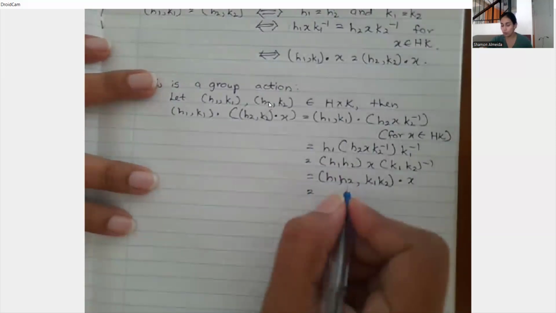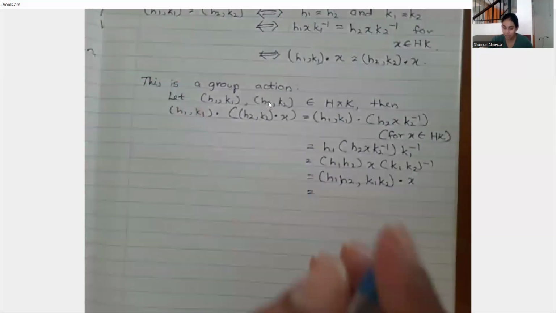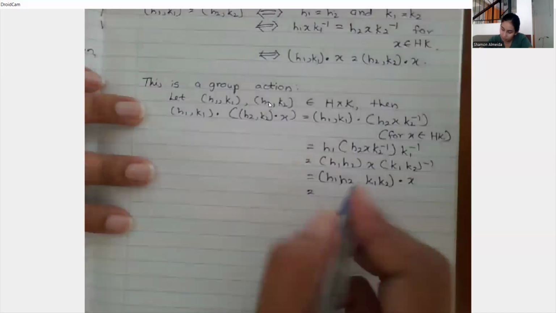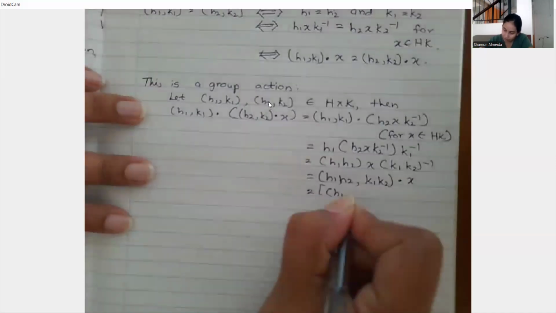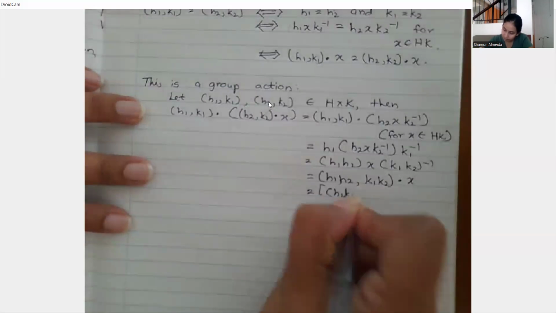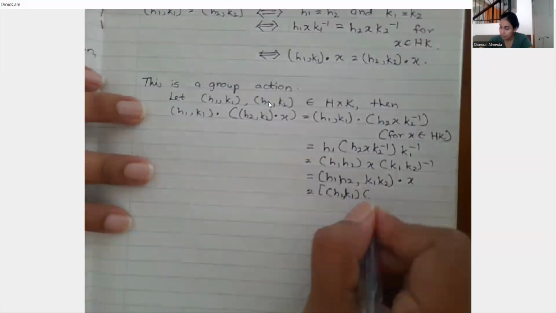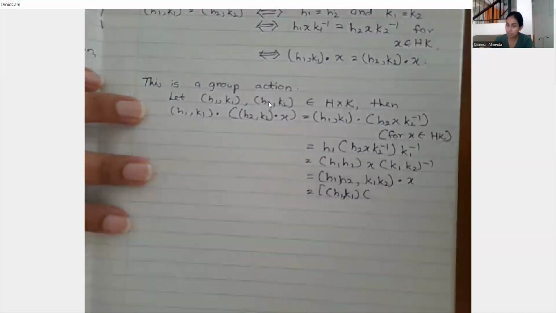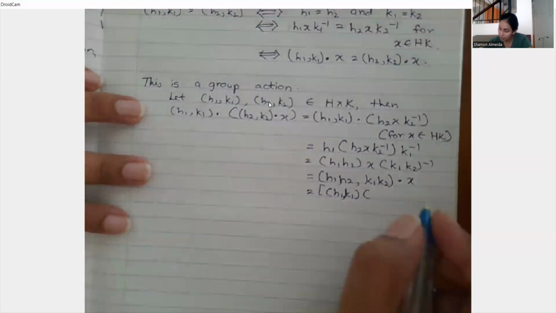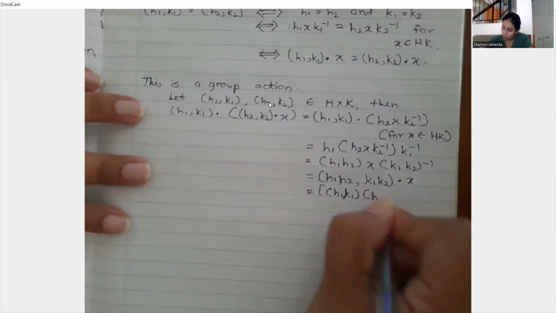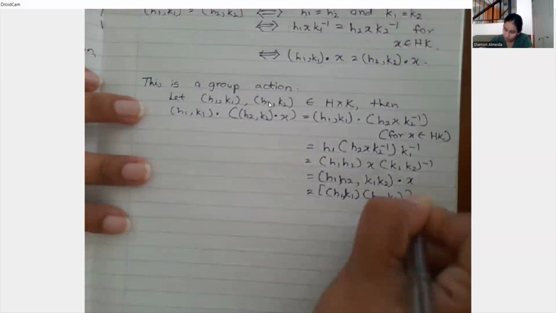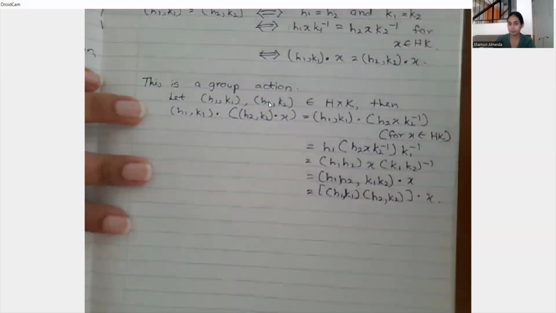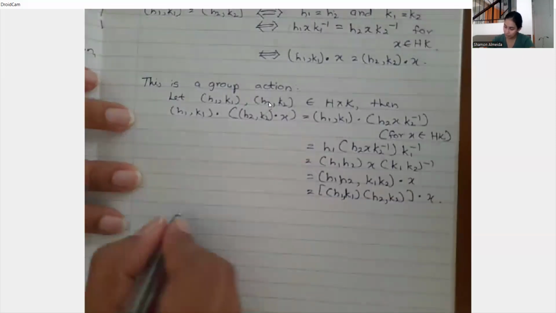When you go to the group binary operation of H cross K, we see that this is equal to (h1, k1), I will simply write it as a product instead of putting the star, we understand it's simply the group binary operation, (h2, k2) dot x. Right. So the first condition is satisfied, and then to show the second condition,